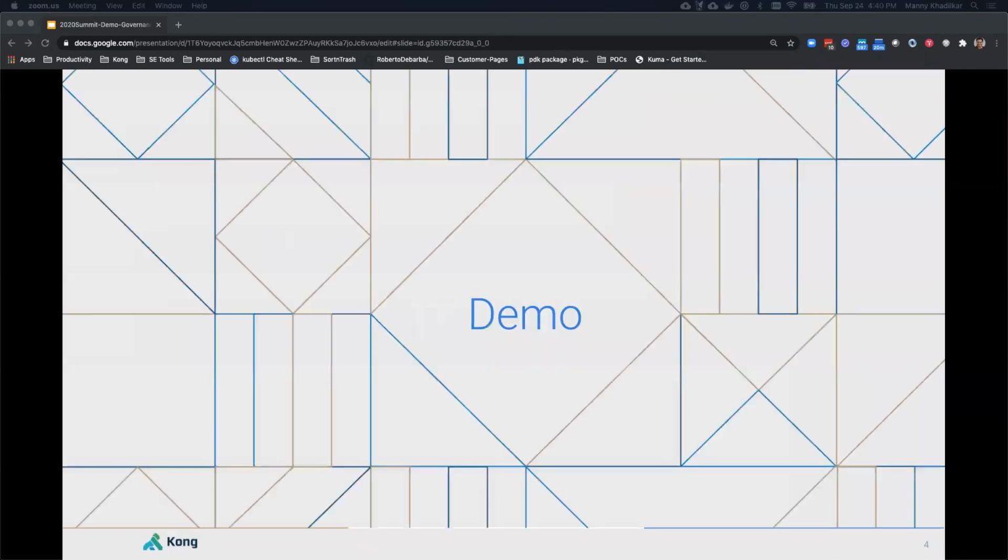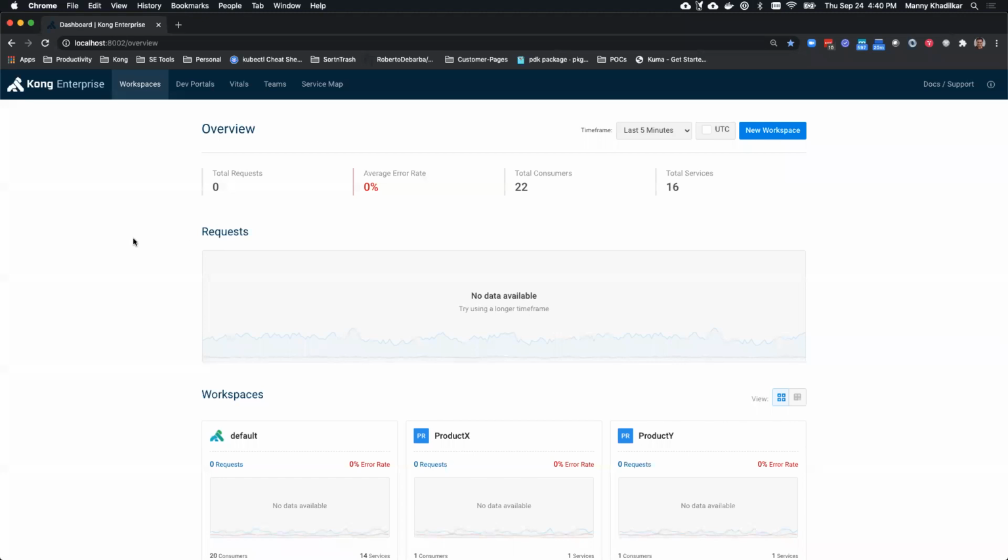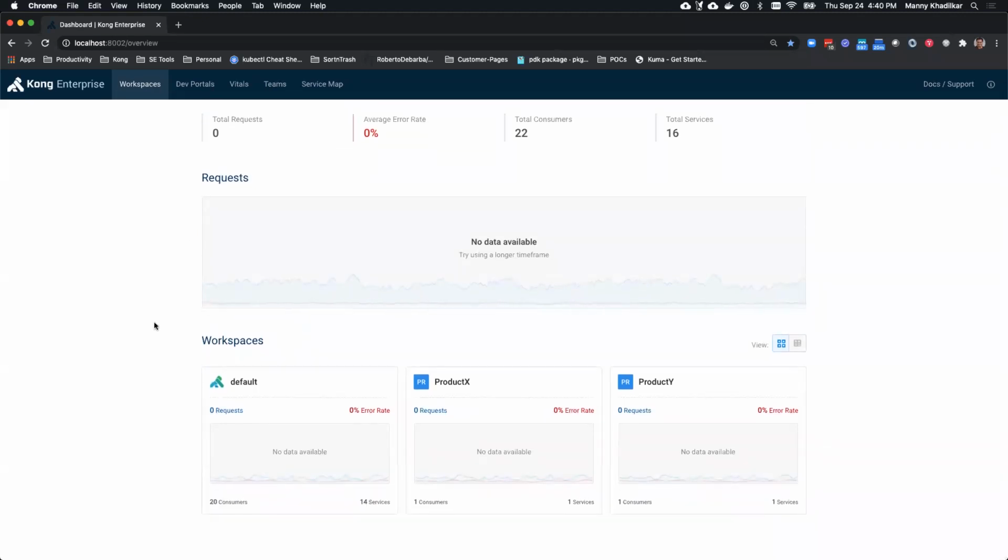The first thing I'm going to do is go into my Kong Manager. Notice I have three workspaces here, one for default workspace, one for product X, and one for product Y. Now let's say I'm an administrator that works on product X. So I don't really need to see all of these workspaces, and I shouldn't be able to create objects in